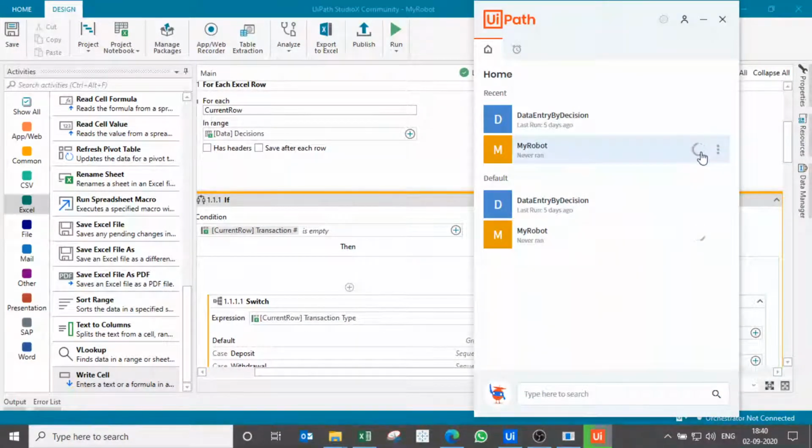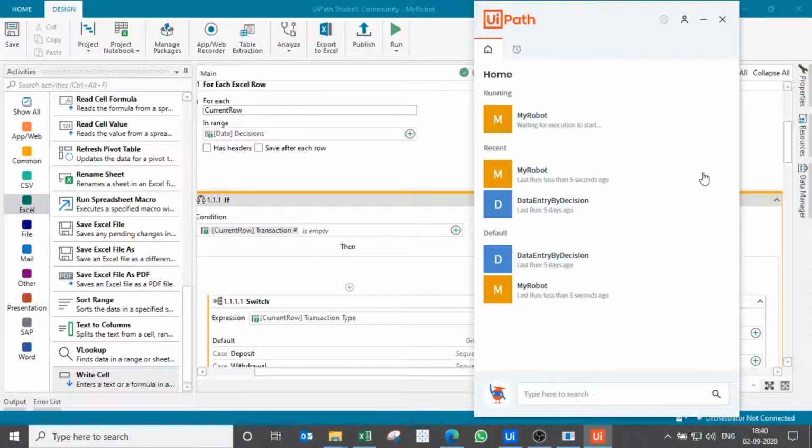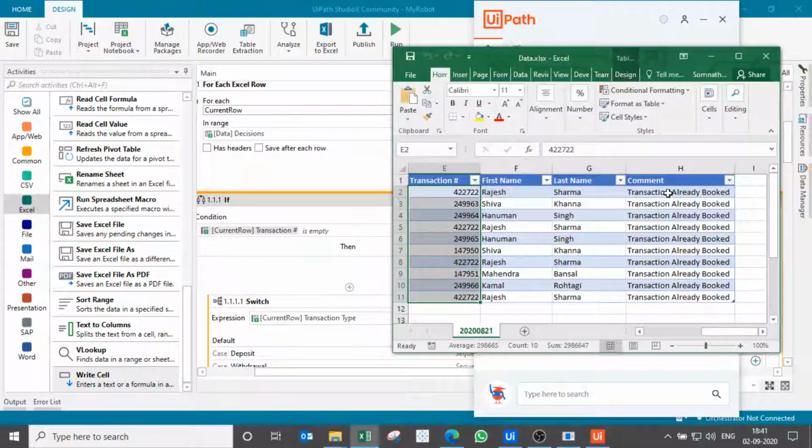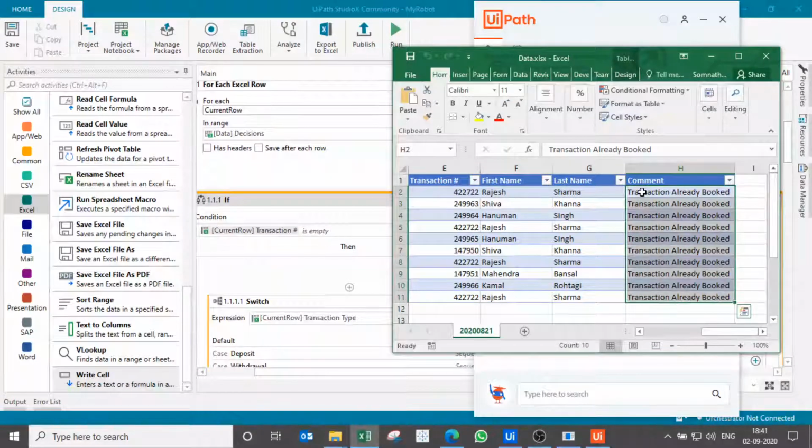Oh sorry, this is starting, not installing it. Okay, yes, now it has installed and it has started. We have already captured the transactions, so it ran and put all the comments that the transaction ID was there. So let us do one thing.